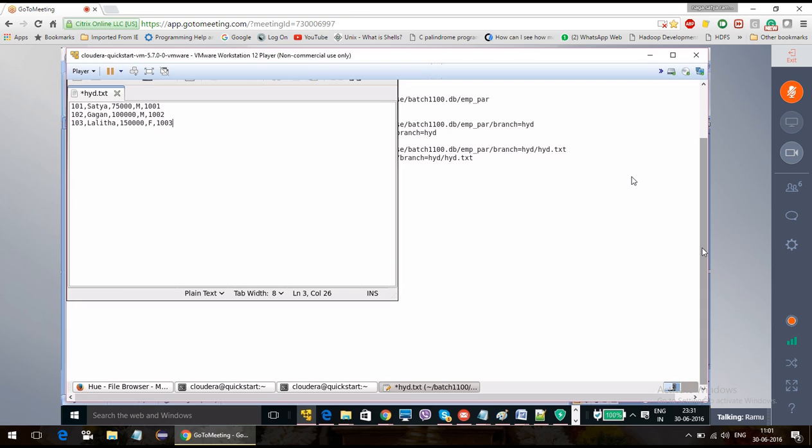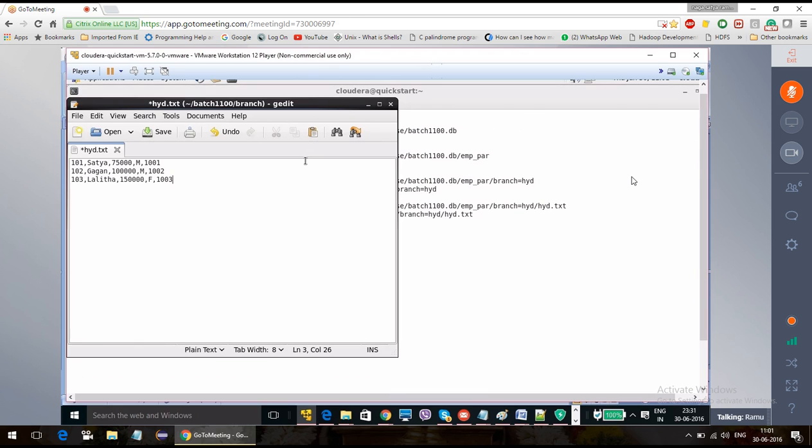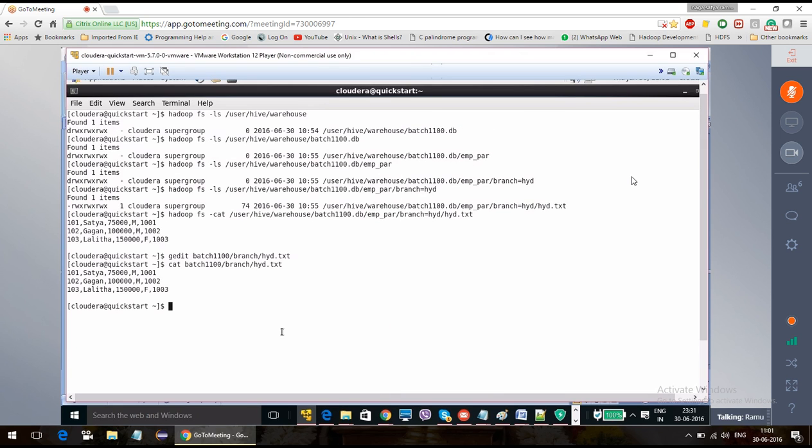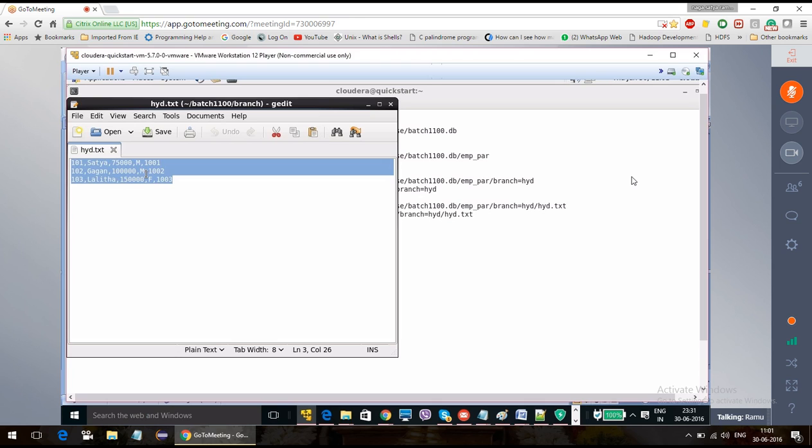My data should not contain this space. Still I am getting that space. You should not get that space. If you get that space, you will get some bad records, which means nulls are going to come.